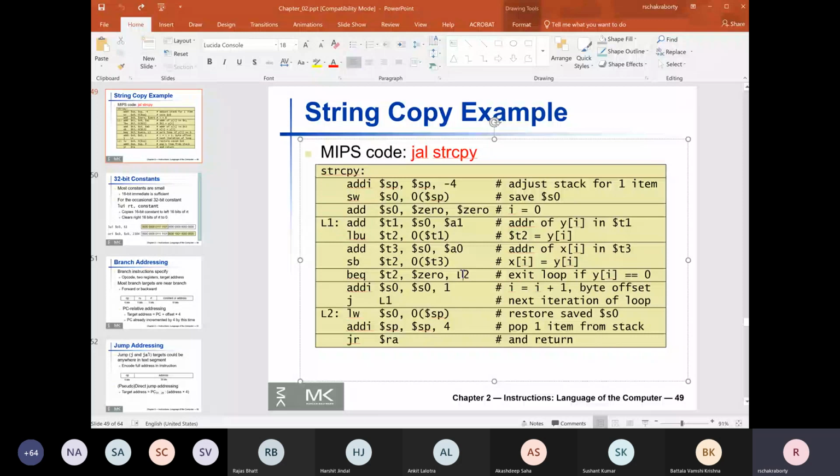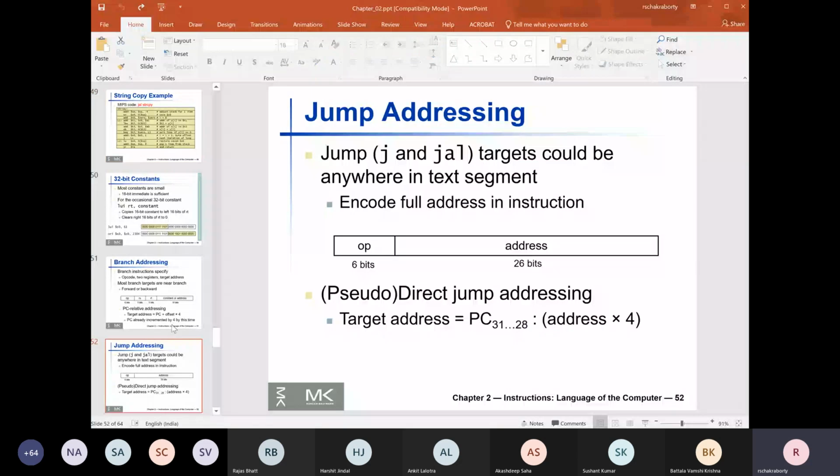Now, absolute jump addressing. The two instructions we have seen which can perform absolute jump addressing are J and JAL instructions, right? JAL is very similar to J. The only additional operation JAL performs is that it copies the program counter content, which is the next instruction that was supposed to be executed if everything had happened serially and no function call had taken place, into the return address register $RA.